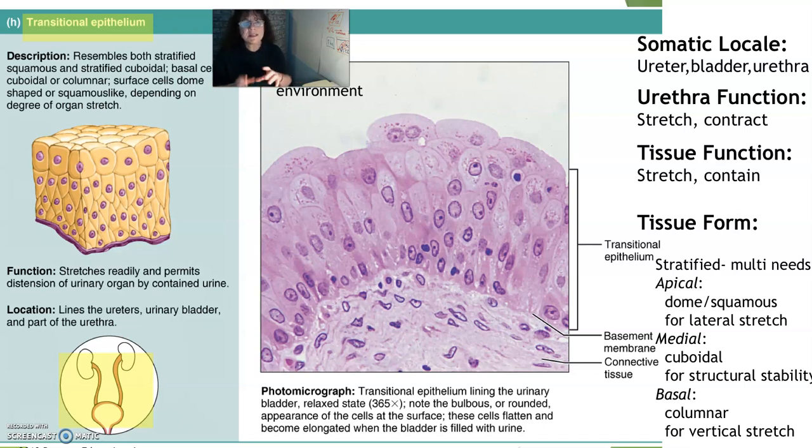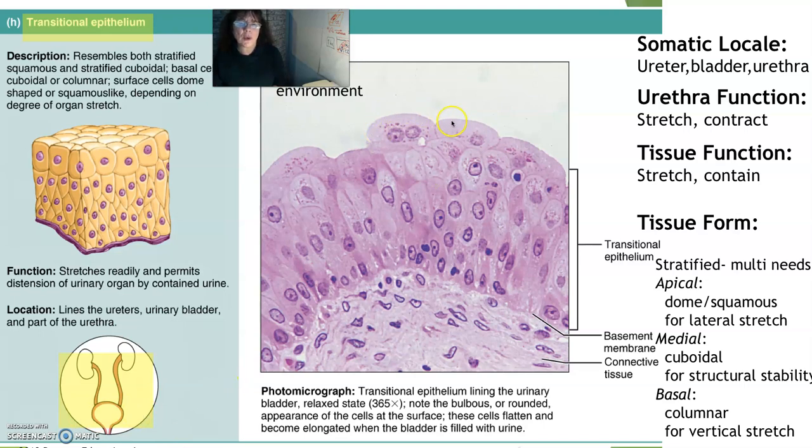So you will see the columnar epithelium in male urethras, but you will also see this transitional epithelium, which has a lot to do with stretching and contracting. So if a tissue needs to both stretch and contract, it may need two different types of cells in the apical and medial layers. In this case, this is looking at